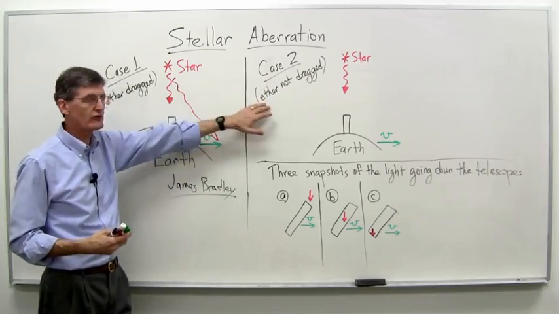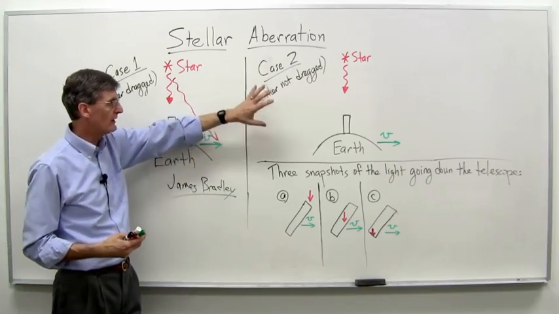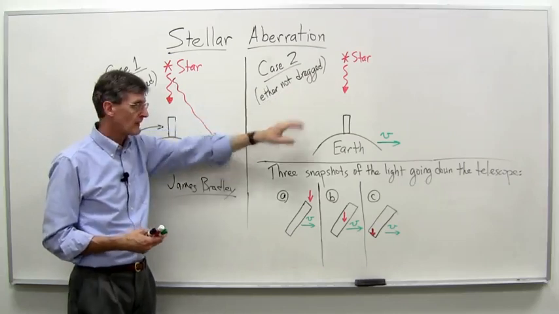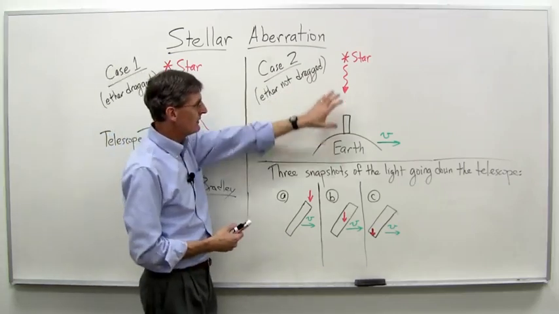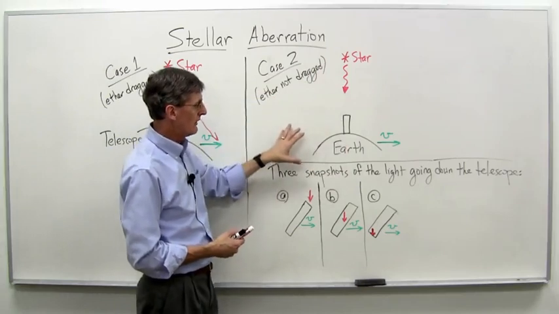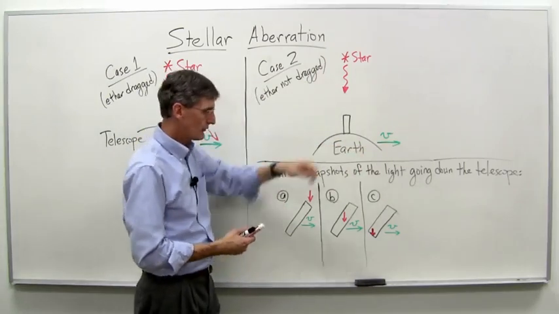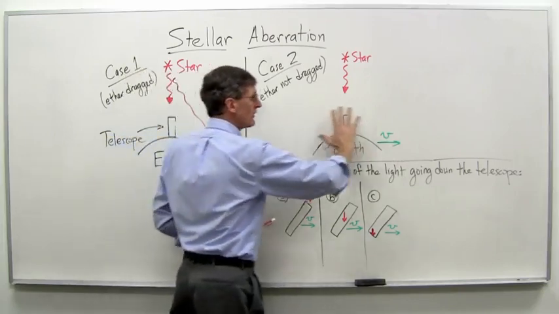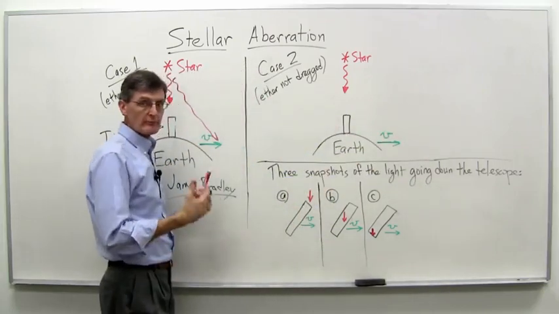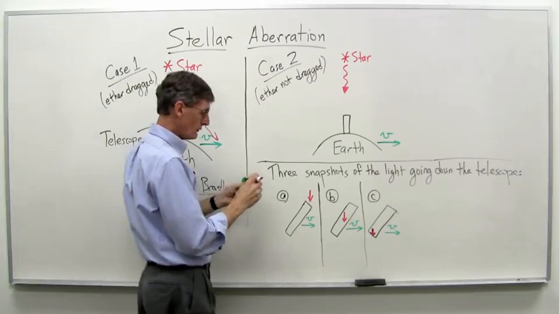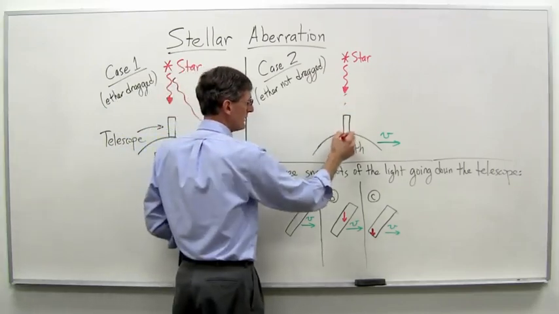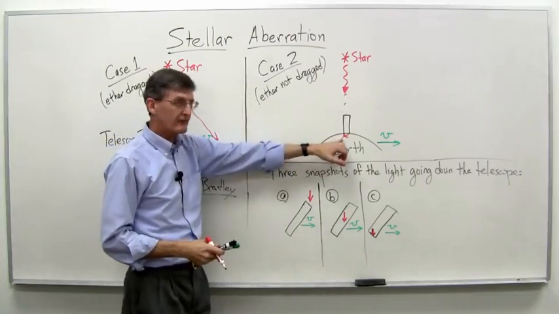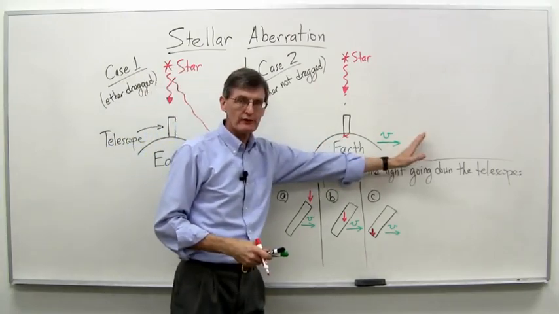And so that's case 2 here that we're going to explain, where we're assuming the ether is not being dragged by the Earth. Okay, so in this case, here's the star again, here's Earth. Earth moving that way, the telescope moving that way as well. Since there's no ether drag here, the ether is not moving with the Earth, so the path of the starlight is just going to be straight down here. It's going to end up right at that spot. But by the time it gets to that spot, Earth has already moved over here.